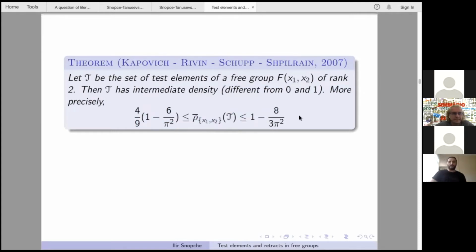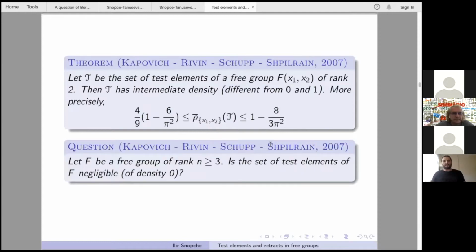But in the same paper, they asked the following question. Let F be a free group of rank n greater than or equal to 3. Is the set of test elements of F negligible, that is, of density 0? And okay, I may wonder here why the question should be stated in such a way when in the case of rank 2, they already have an intermediate density. But the reason is that